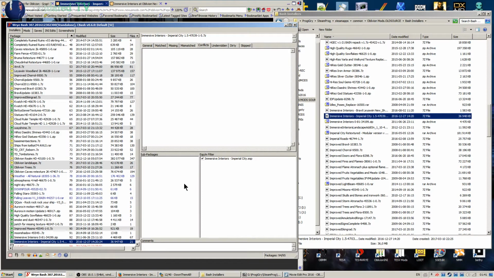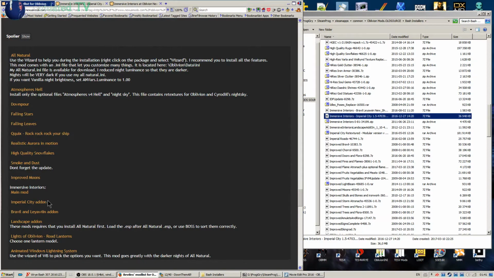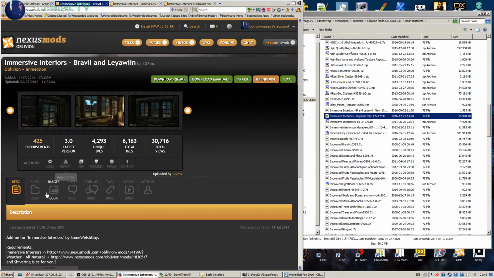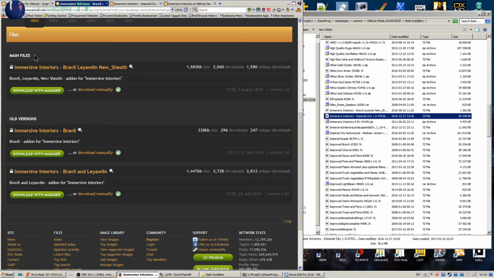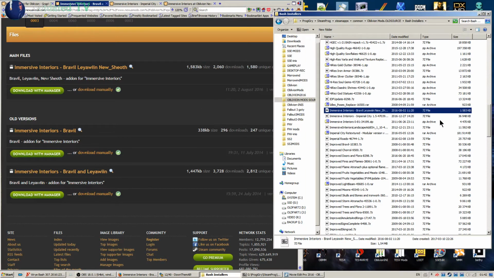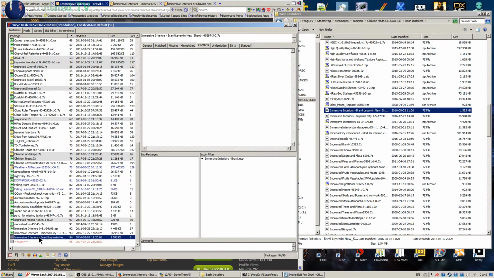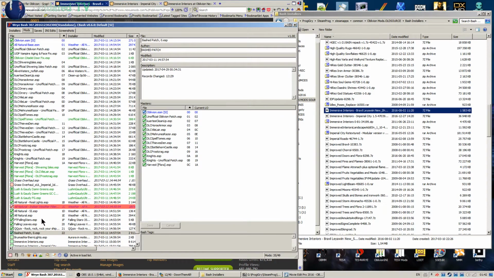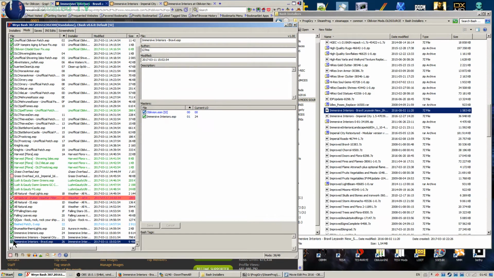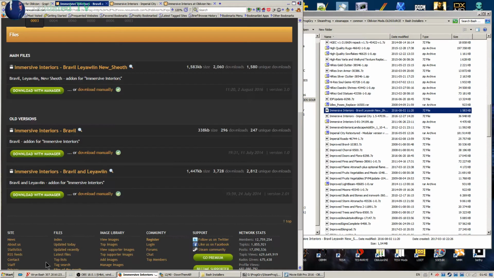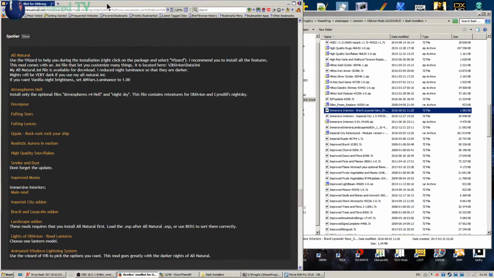Next up we have the Bruma and Leyawiin add-on. So let's open it and take the main file. Immersive Interiors Bruma. Here it is, 1.5 megabytes. And install. And another ESP. So let's look at our last ESPs. Activate them, move the bashed patch to the bottom. And let's continue